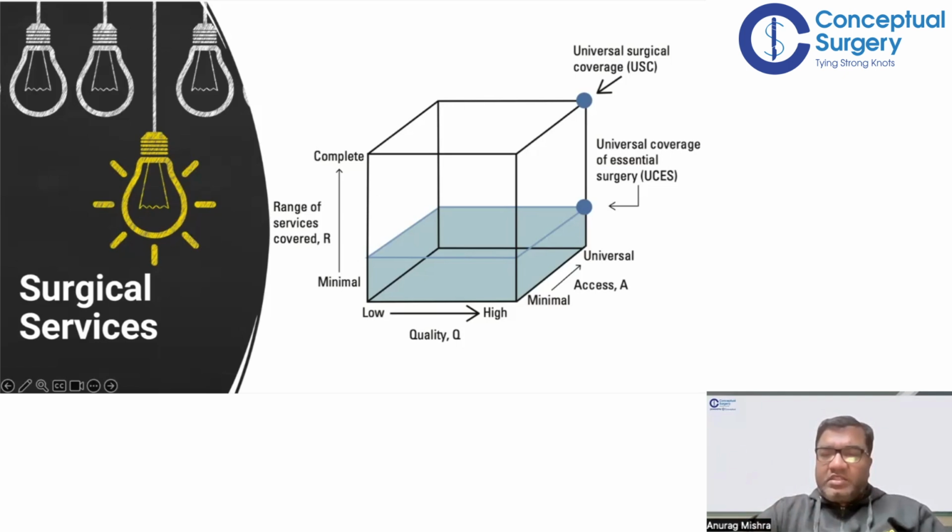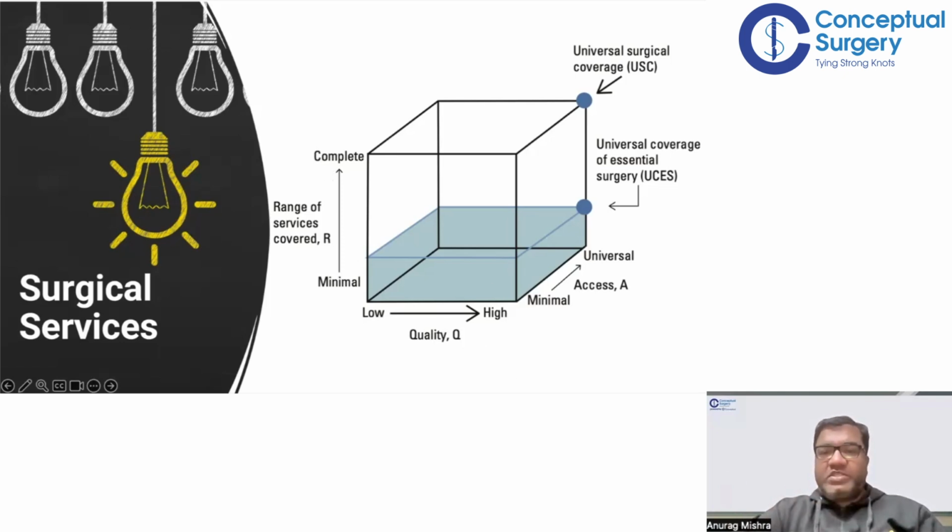And then the third dimension is access. Right now, let's say I have a center in Delhi, so I can give care to people in Delhi. But even in Delhi, I have just one center. With time, maybe I will open more centers in other parts of Delhi, then in other cities, then maybe in other countries. I will start doing OPDs in other cities or countries. This is how I increase access. So any service can be defined by three dimensions: the quality, the range of services, and the access. And you keep adding to these three.